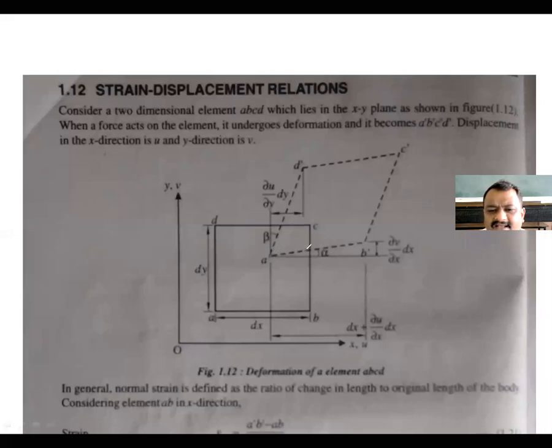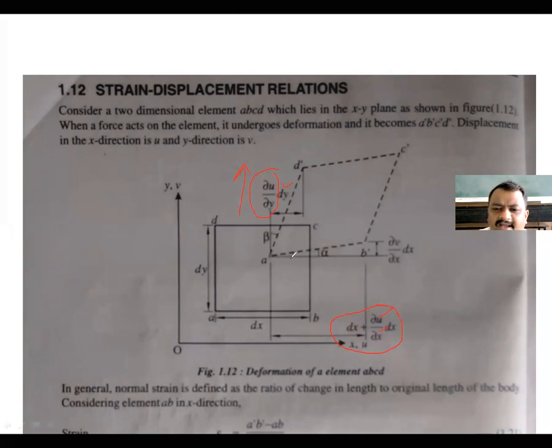Now, when it has got deformed, you can see there is alpha, which is the angle which has laterally changed, or the angular change in it. Similarly, beta is the angle along the vertical edge which has been deformed, right? Now, what happens if that is so? So dx, earlier it was dx, now it has been replaced by dx plus dou u by dou x into dx. Dou u by dou x because that is the strain in that direction with respect to x. Similarly, dou u by dou y is the strain along y direction, that is the shear strain along that direction, the strain along the lateral direction multiplied by dy.